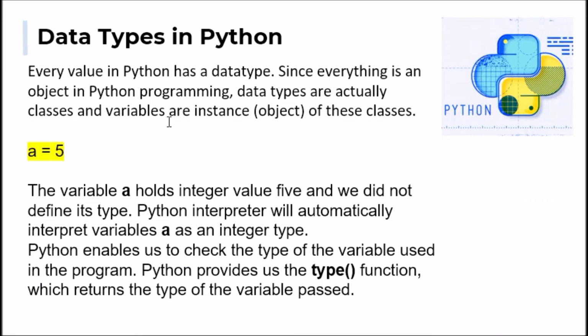In the last lectures, we learned about variables in Python. In this lecture, we will learn about different kinds of values that are assigned to variables. In Python, every value has a data type. Since everything is an object in Python programming, data types are actually classes and variables are instances, meaning objects, of